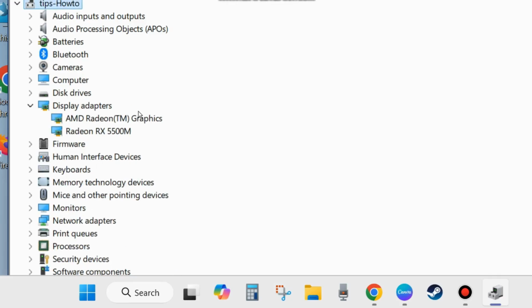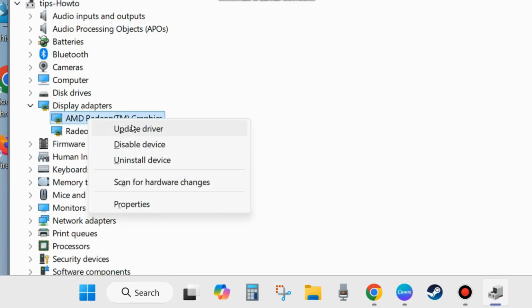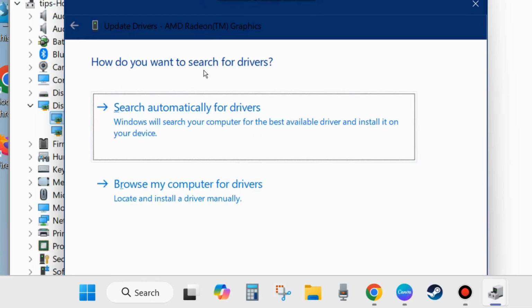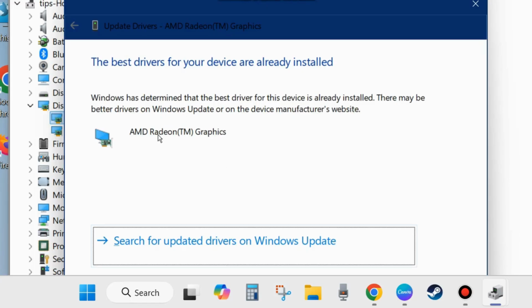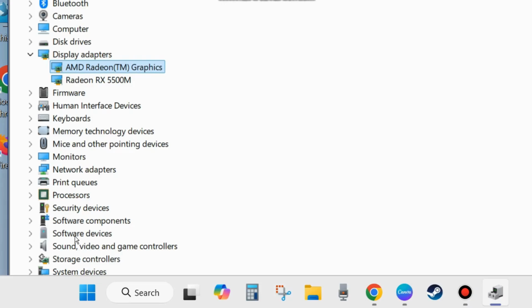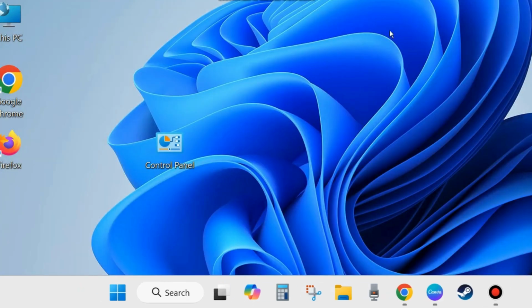So find out such type of faulty drivers and expand them. Right click on them and choose update driver. How do you want to search for drivers? Choose search automatically for drivers, and let Windows complete the updating process of your device driver. Apply this process for all your faulty drivers, if any are found in device manager, and check whether your system error